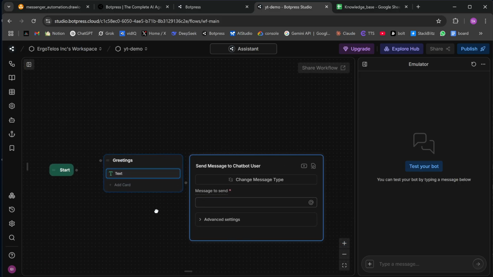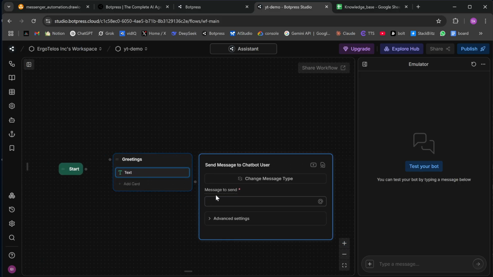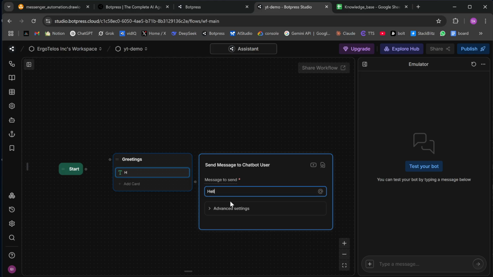Inside the text card, we have a few options. You can see a message to send. In a text card, what you can do is send a message to the user, and that's it. That's the only functionality of the text card. What we can do is, if anyone sends a message to the chatbot, we just want to send a greetings message. Let's say, hello,